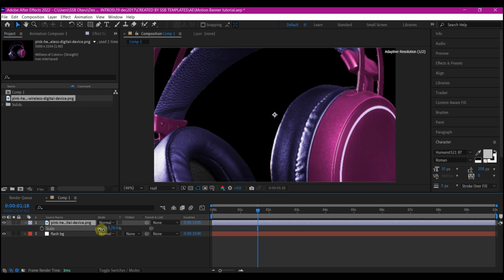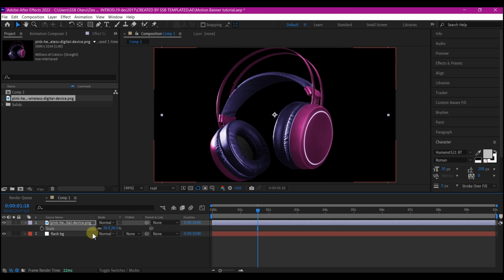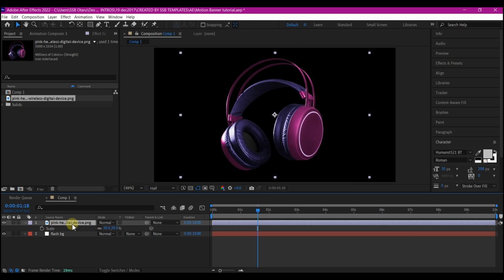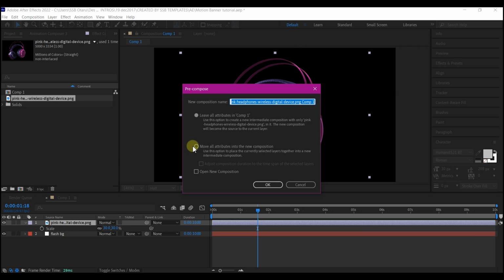Of course, this will depend on what you have in your own case. I'm going to just make this 30. So I'm going to hold down Control and Shift C to pre-compose. Make sure you name this the product holder, and then move all attributes to the new composition and then hit